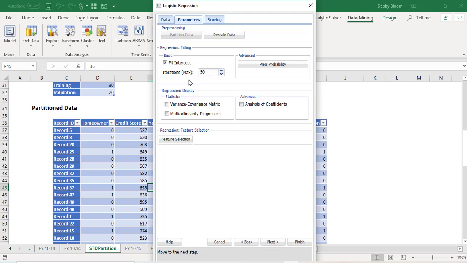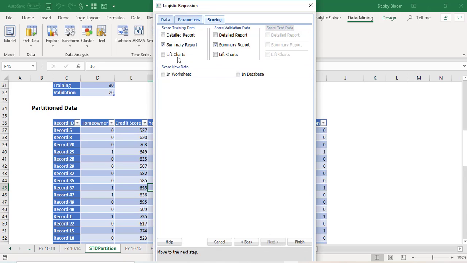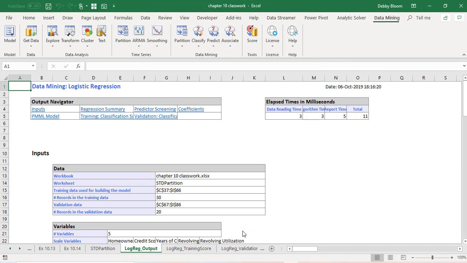I have my iterations, and I can also do an advanced analysis of coefficients if I want. There's also advanced prior probability and feature selection. I'm going to accept all the defaults on this screen and click Next. I'm not going to bother with the lift charts this time, and in the next example we will score the new data. So I'm going to click Finish,